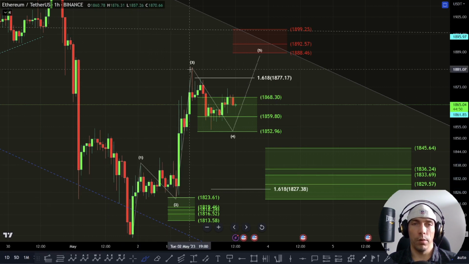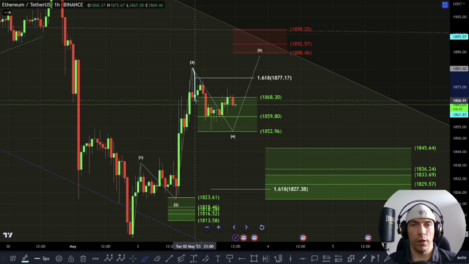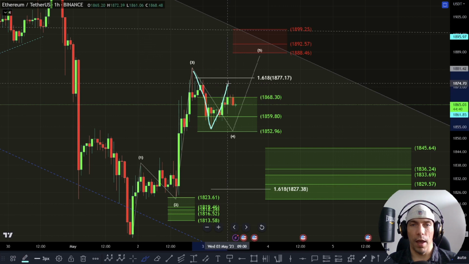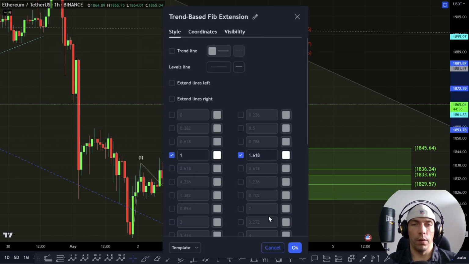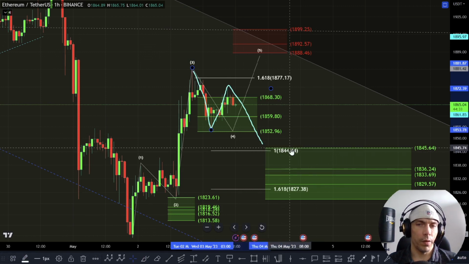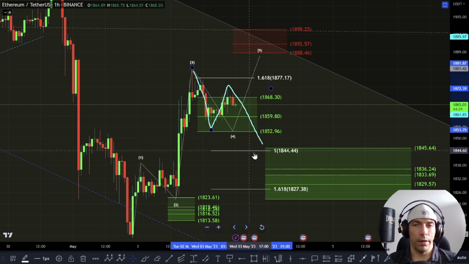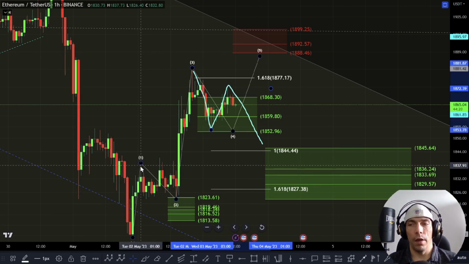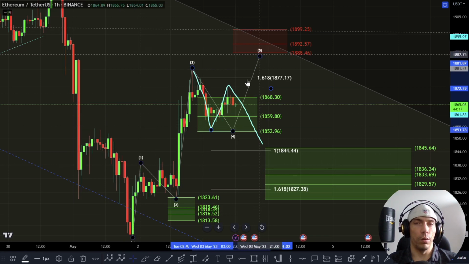We've got a complex wave two here. We've got a potential simple wave four here. The problem I have is we can potentially count this 1, 2, 3, 4, and 5. So if that's the case, this could also just be an A wave, a B wave, and then we get a C wave down. So that's why it's going to be important to see whether we actually get a move down here. This wouldn't invalidate this count. It would just start to stretch it once we lose this 50% zone as a wave four. But technically speaking, we could still find support above this zone of this 1837